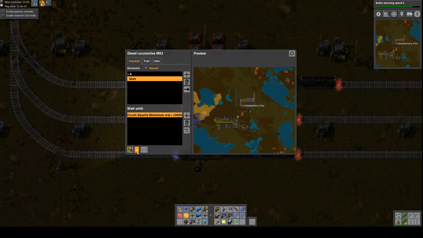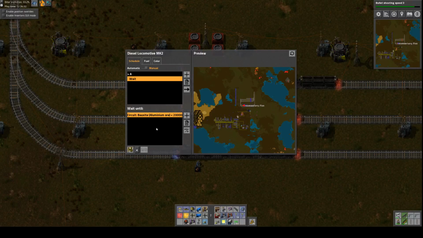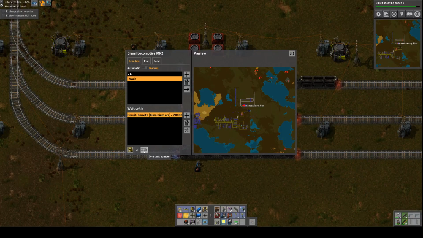So I'm going to flip this around. If the bauxite ore at the weight station, which are my new little things up there, is less than 20,000, I want it to wait until the bauxite ore is less than 20,000. So what that'll do is the train will just park there. It'll keep an eye on the logistics network, and as soon as bauxite drops below 20,000, it will take off. And it will go to the bauxite outpost, fill up, come back, unload, and then it will just repeat